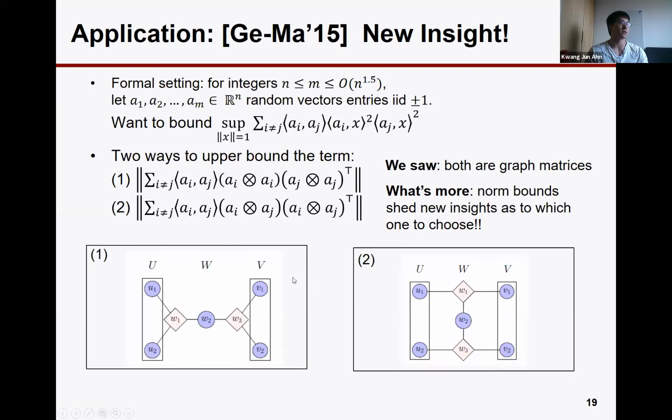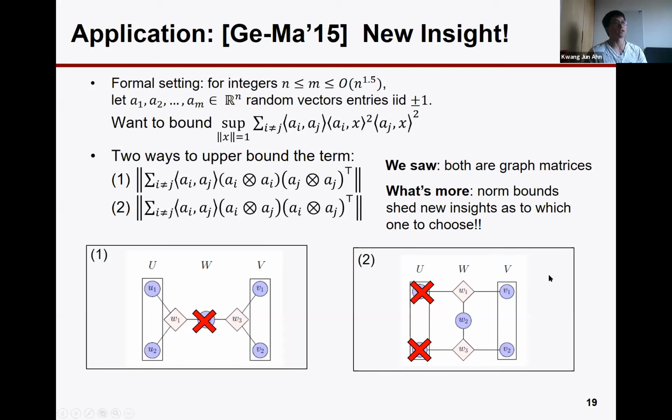So revisiting the shapes that describe the graph matrices, we have these two terms. All we have to do, because of our main theorem, is to just figure out what the minimum vertex separator is here. It turns out this is the minimum vertex separator for the first one. But for the second one, because of this well-connected structure, we need to delete 2 vertices at least. Since the exponent is equal to the number of vertices not in the minimum vertex separator, it turns out this will give the better bound.